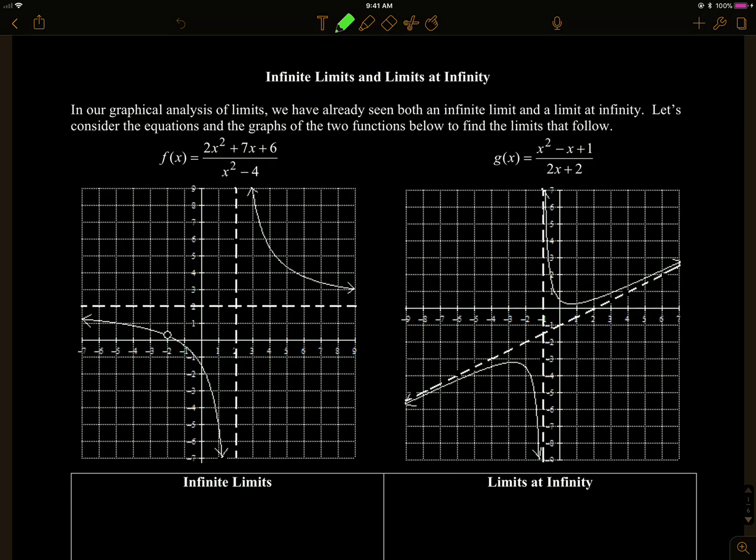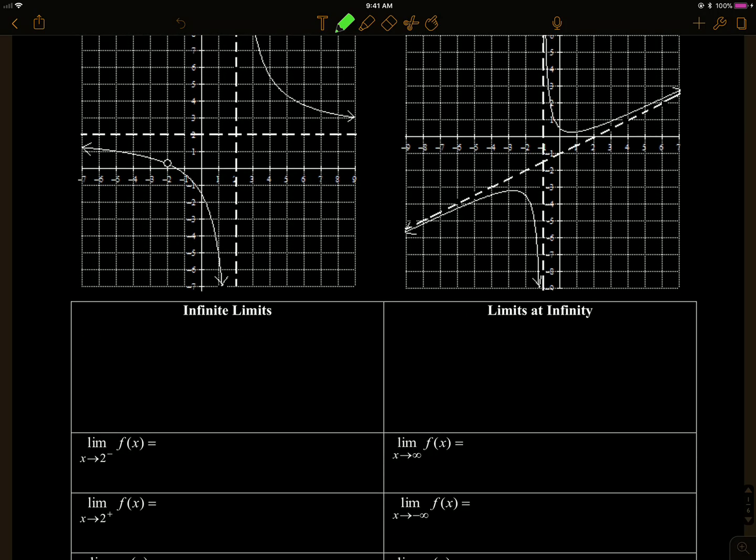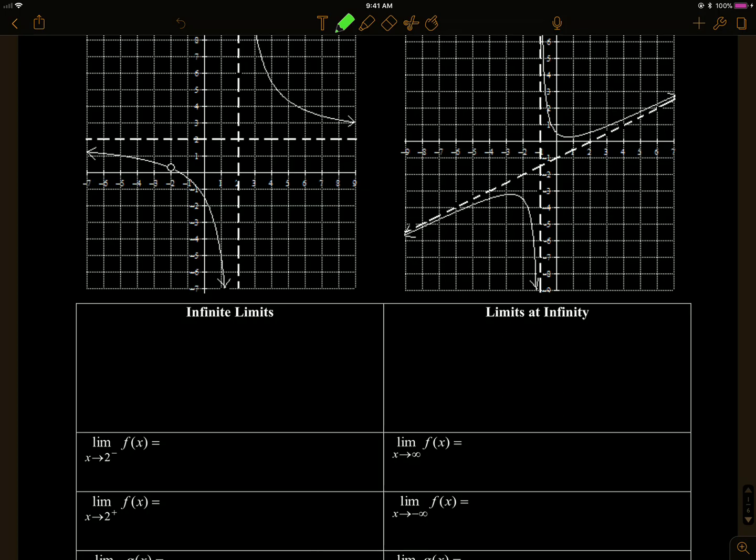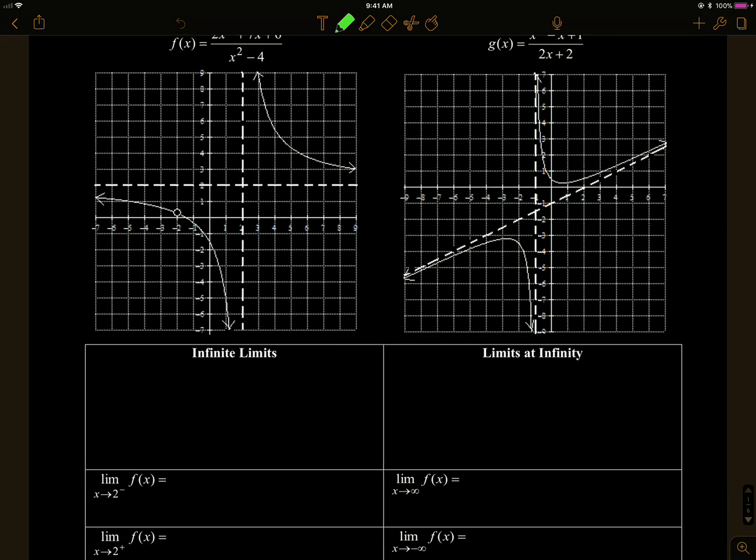So we're going to talk about rational functions because they have those types of asymptotes, and these limits come up quite often. So here's an example of two different rational functions. And remember, a rational function is one polynomial divided by another. On this first page, we're just going to go over the graph. So for us to have an infinite limit where the answer is infinity or negative infinity, typically in these functions,